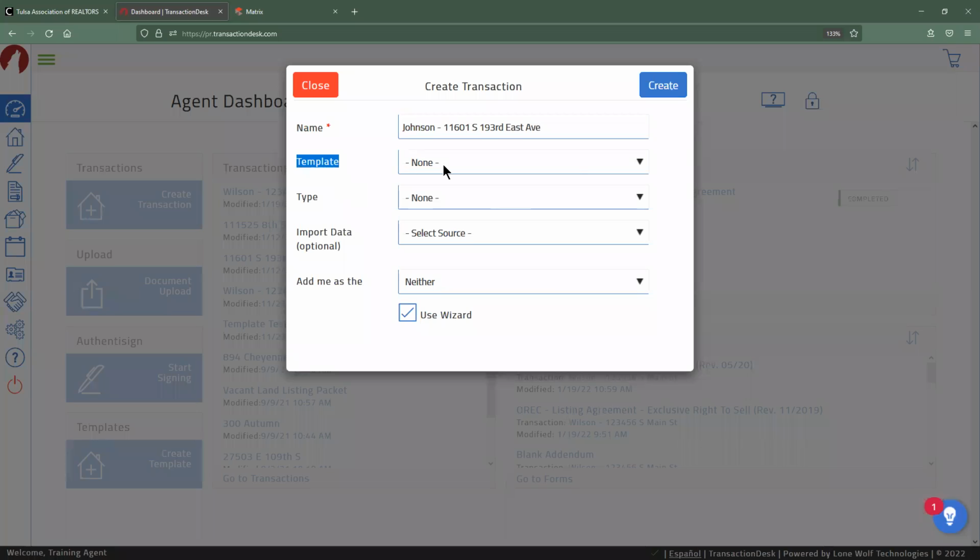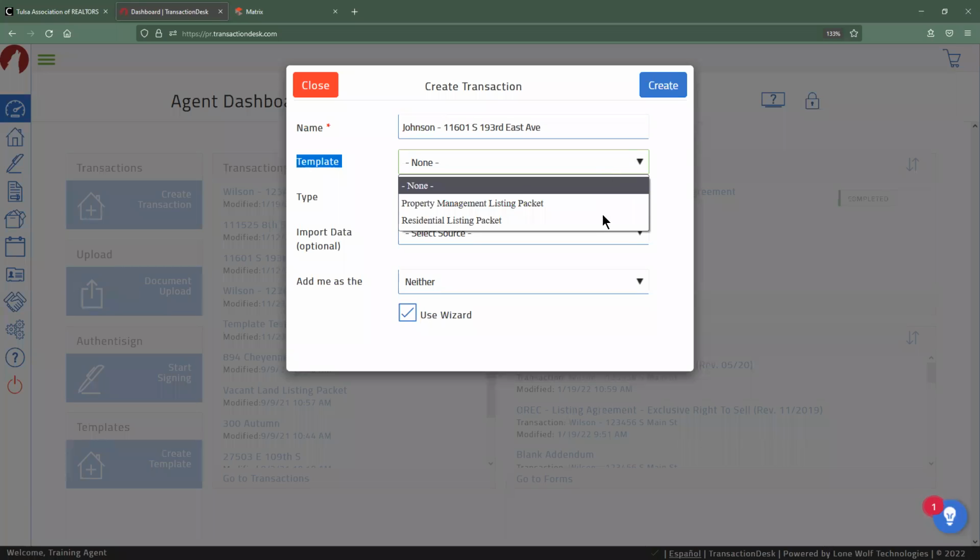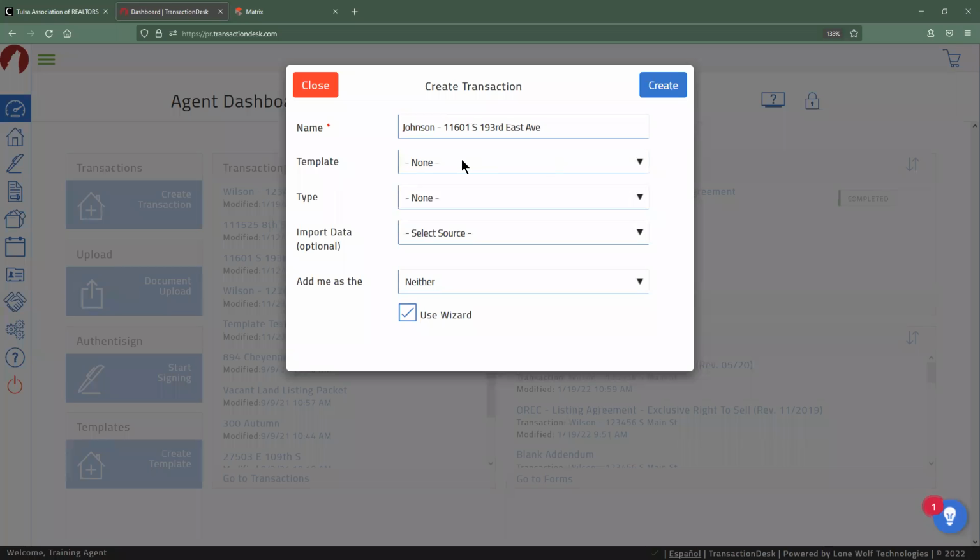The template is actually going to be something that we'll discuss a little bit later in class. I'm not going to be using a template right now. We'll discuss the utility of those later. I did want to bring this up though, because the template tab right here where we've got this drop down may not appear if you don't have a template already built. Now, alternatively, you may end up seeing the template thing here, even if you haven't built a template out in the past, primarily just because, lo and behold, your office has created some templates for you.